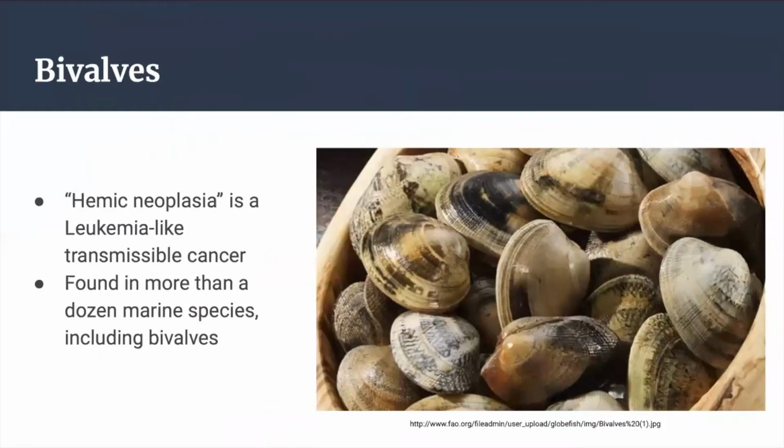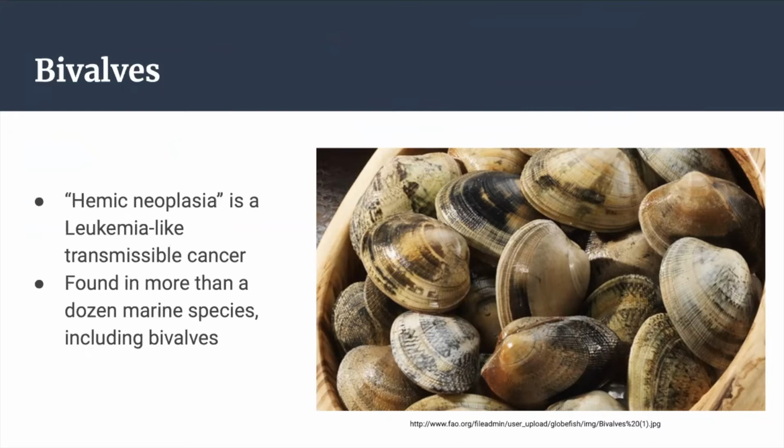Hello, I'm Yimin. I will talk about bivalve leukemia-like transmissible cancer. In humans, cancer called leukemia infects blood-forming tissues like the bone marrow and lymphatic system. However, leukemia-like cancer called hemic neoplasia has been found in multiple marine species, including marine bivalve species such as clams,